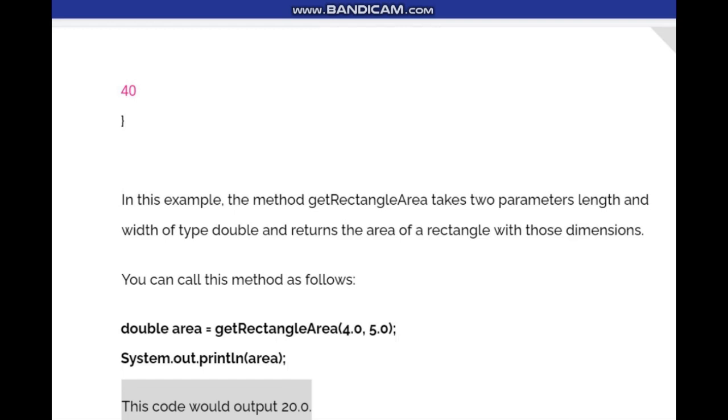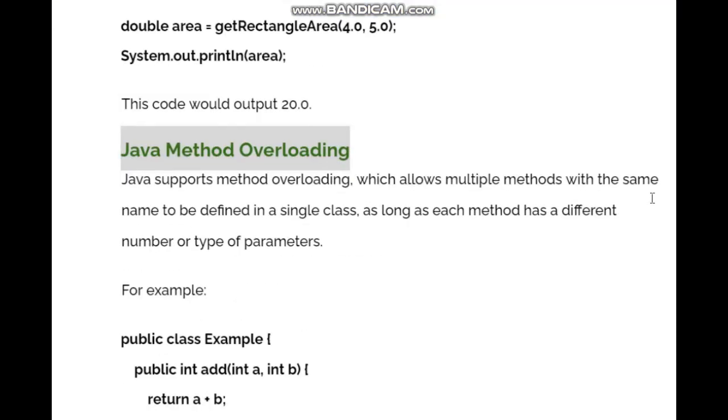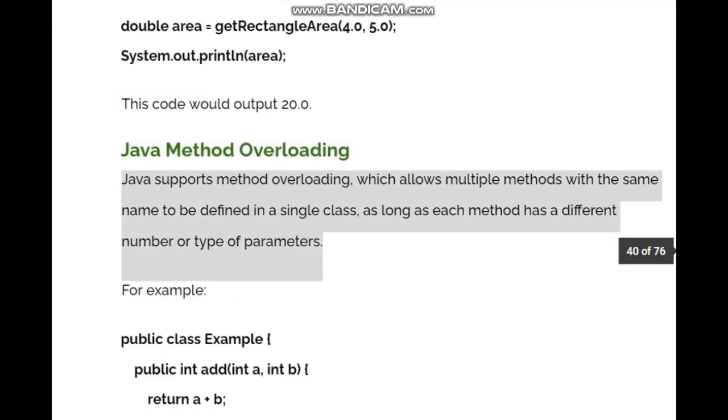Java method overloading. Java supports method overloading, which allows multiple methods with the same name to be defined in a single class, as long as each method has a different number or type of parameters. For example,